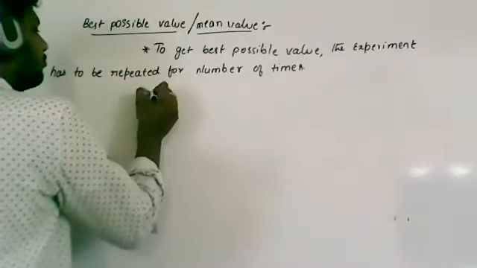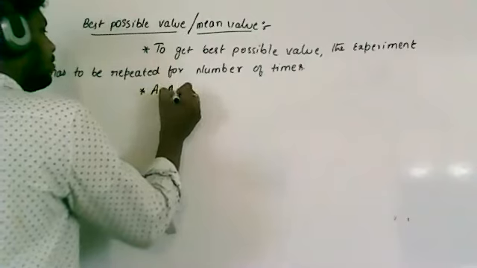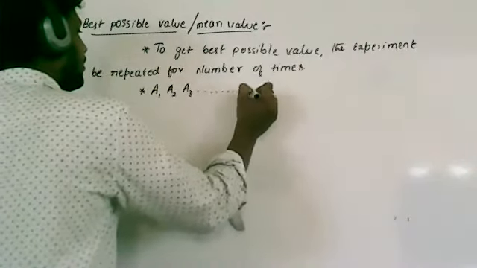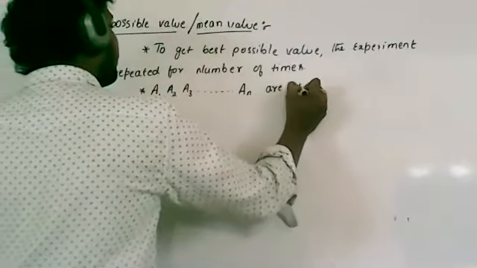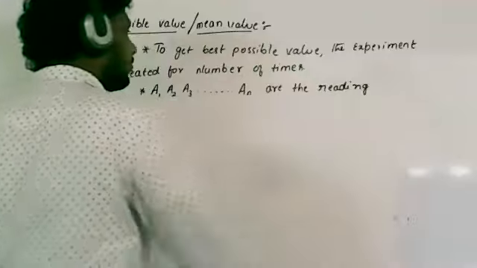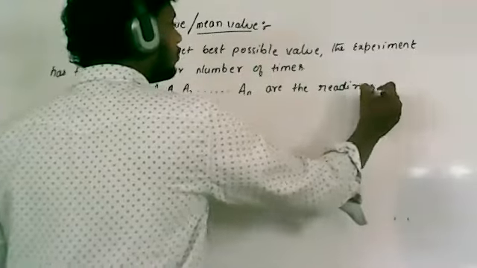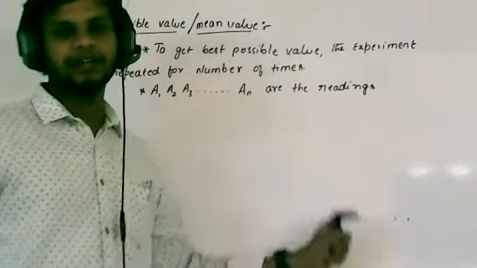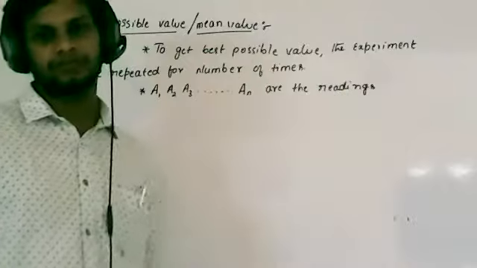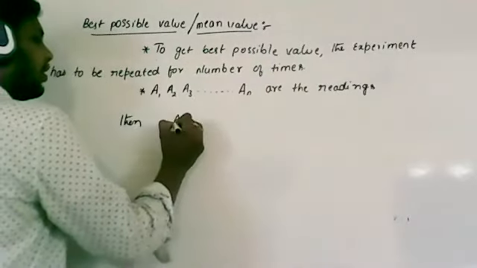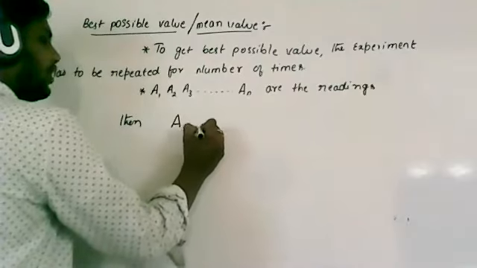Let us say, for example, A1, A2, A3 and so on, AN are the readings. Remember, A1, A2, A3 and so on are the number of readings, taken for a number of times. Then we can say that the reading average or mean...